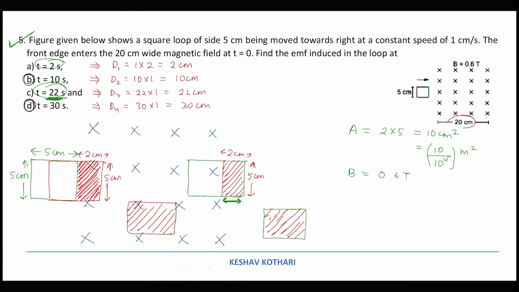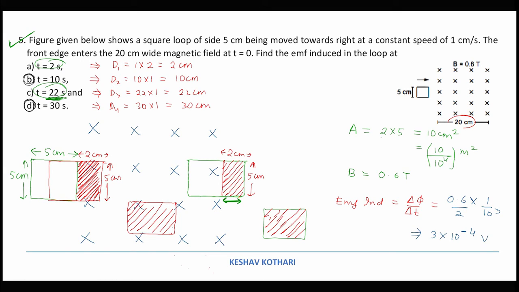So over here, if I write the magnitude of EMF induced, the magnitude of EMF induced is equal to change in flux divided by time taken. So we can write it in this way, that the change in flux is going to be B into area, 1 upon 10 to the power 3, upon time taken, which is equal to 2 seconds, and the value comes out to be 3 into 10 to the power minus 4 volt.